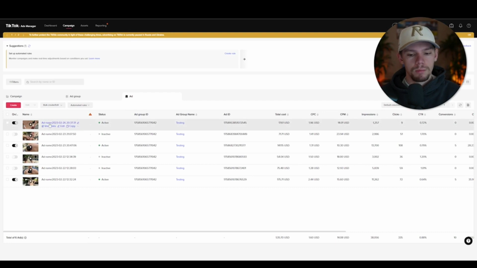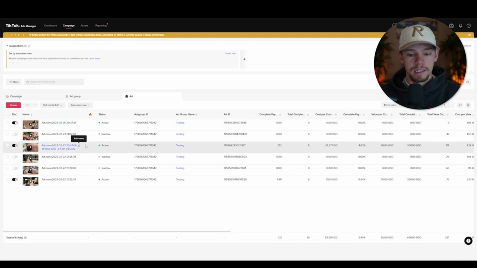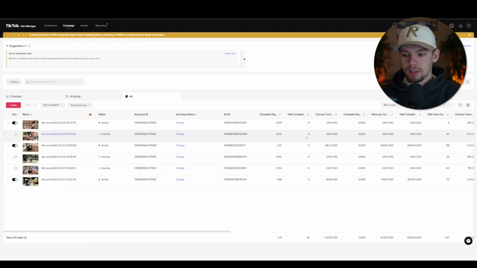So I made one more last night and that one's been getting some spend. It looks like it's not doing too well, with 9 clicks for $17. But yeah, it's mainly these two. They're pumping it at 2 ROAS. They got 5 sales each. They're doing really good. Each brought in $300, $350. So I can scale these up, and honestly, we can kind of start messing around with the scaling phase, but